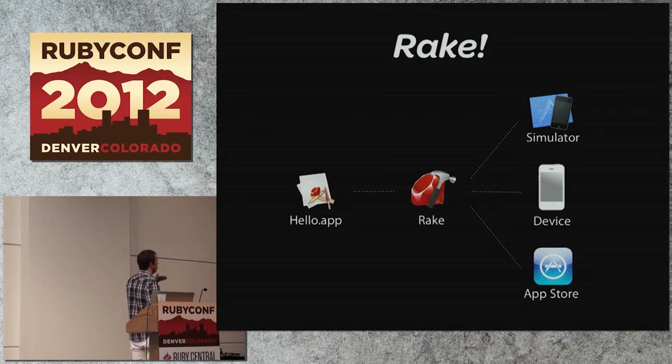From rake, you can produce an application file that runs in the simulator local within your machine. Or you can say rake device to actually put it on the device. Or you can say rake archive to produce archives for the App Store. So everything is available directly from the command line from rake. You don't have to be inside of Xcode and go into your targets and various things like that and figure out how to do that.